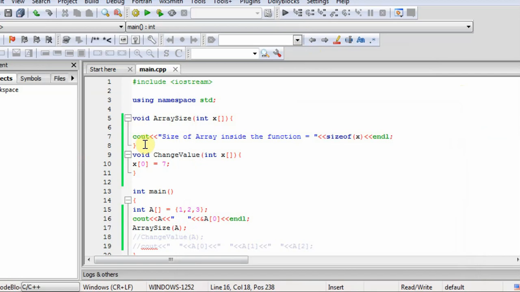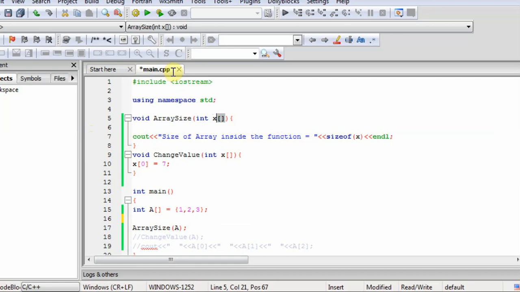So when I pass A in this function, the whole array is not passed. When I pass it like this, only the address of the first element of the array is passed to this function. This is the symbol of the array, and if we are passing an address, it should be a pointer variable, only then it will catch the address.